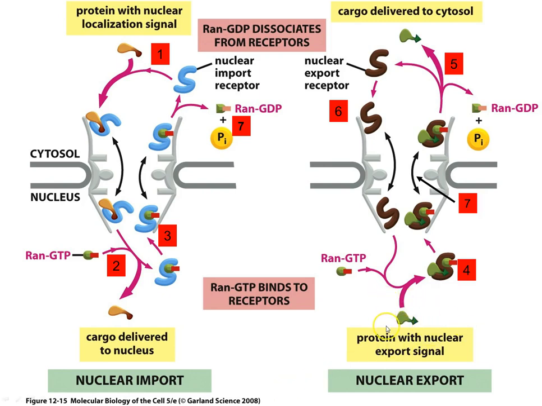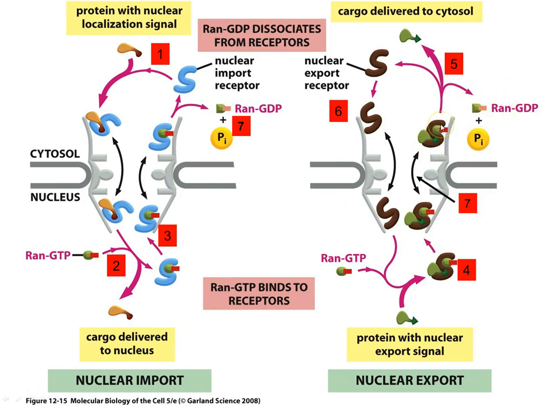So what happens is this protein now recognizes a nuclear export receptor. So this nuclear export receptor has been imported into the nucleus empty. It then picks up RAN-GTP. Remember, RAN-GTP is abundant in the nucleus because RAN-GEF is there. Binding of RAN-GTP allows a protein with a nuclear export signal to bind to the exportin, which is the nuclear export receptor, and then the two proteins together on this nuclear export receptor are exported out of the nucleus, where